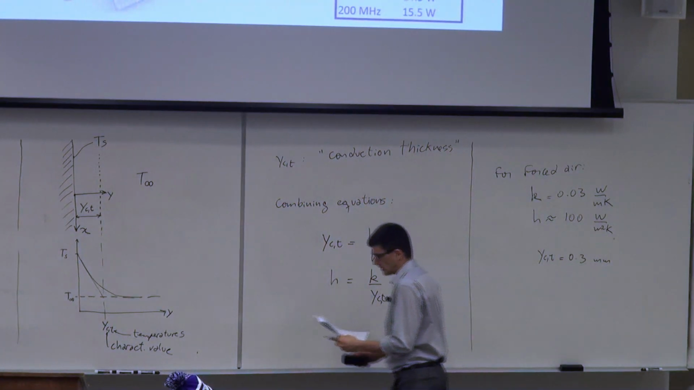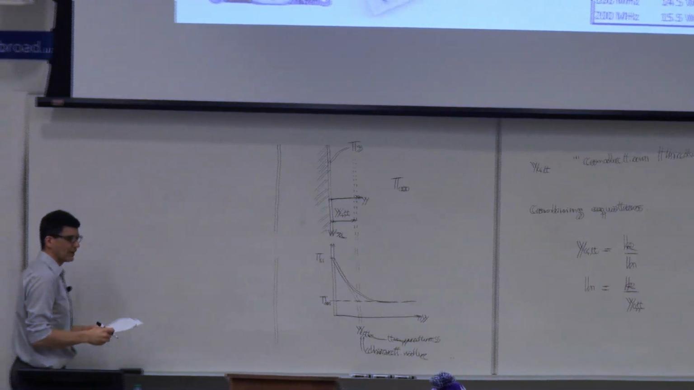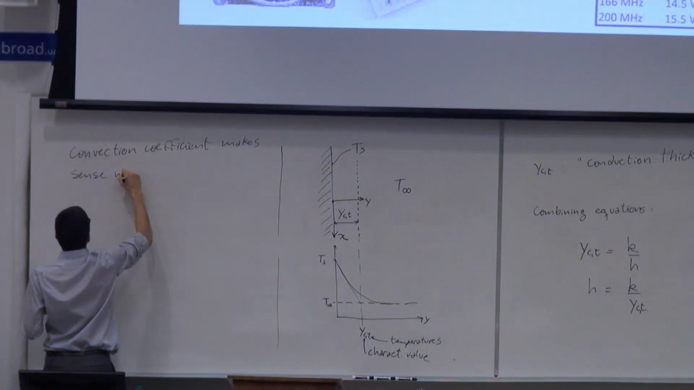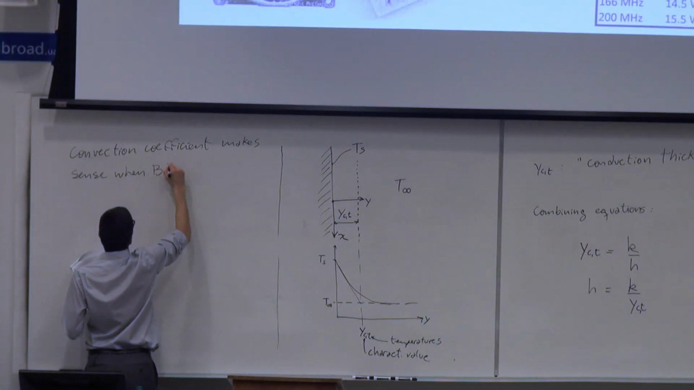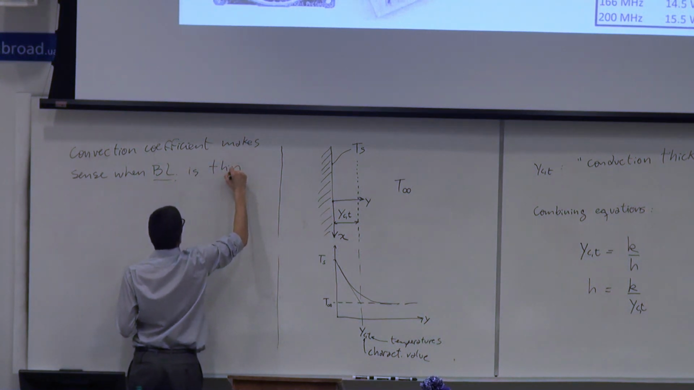There is something else that is interesting. This concept of an insulating blanket makes sense when the boundary layer is thin. What do I mean? This BL stands for boundary layer, right? Is thin. For example,